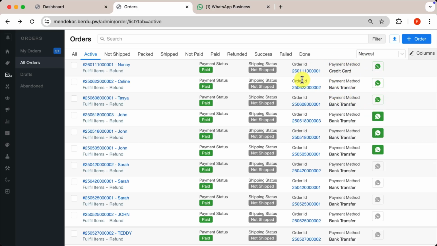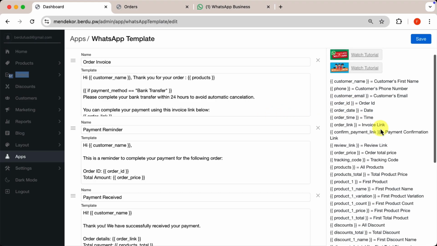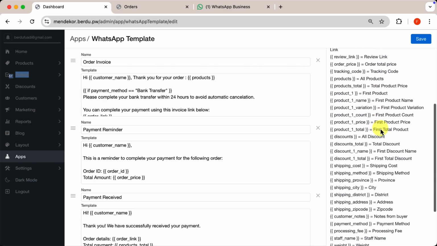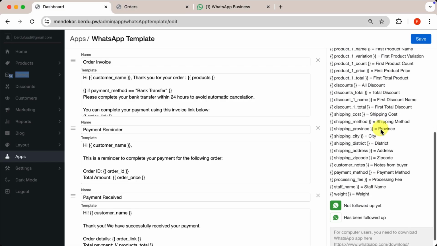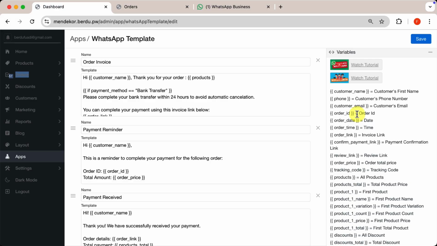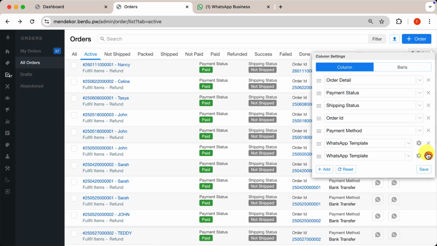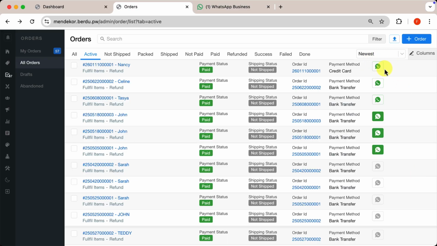This conditional logic doesn't only work with payment methods. You can apply the same concept using other variables available in the template list, such as shipping method, shipping country or city, order total, order weight, and others. For example, you could show a special message for international orders, or add an extra notice for high-value purchases, all using one single WhatsApp template. So instead of creating multiple WhatsApp buttons for the same scenario, you can create one smart template that adapts automatically to different order conditions. This makes your workflow cleaner, faster, and easier to manage.